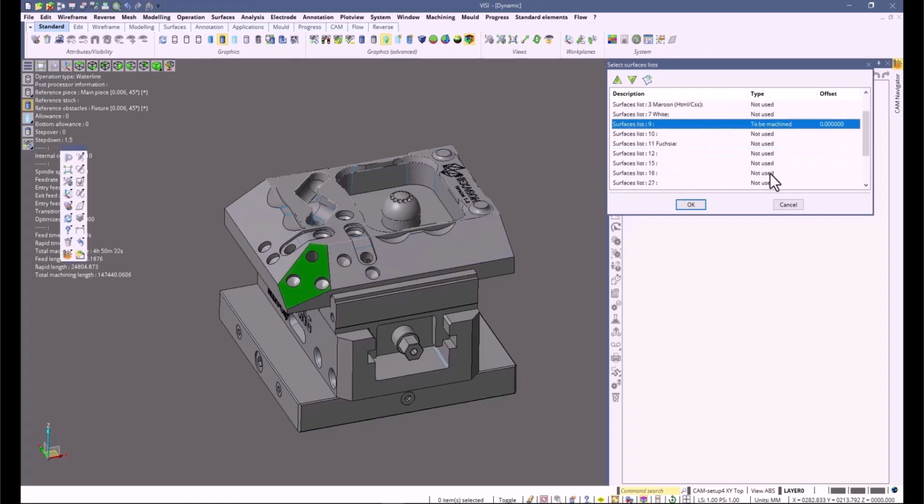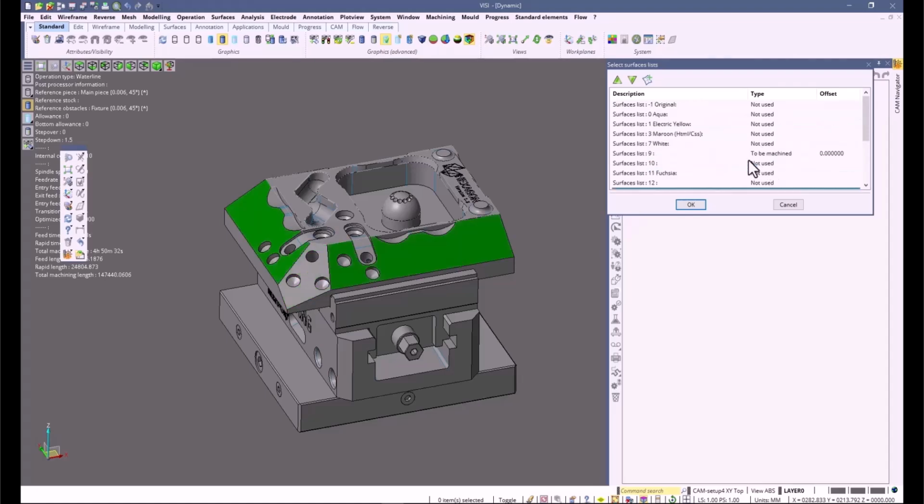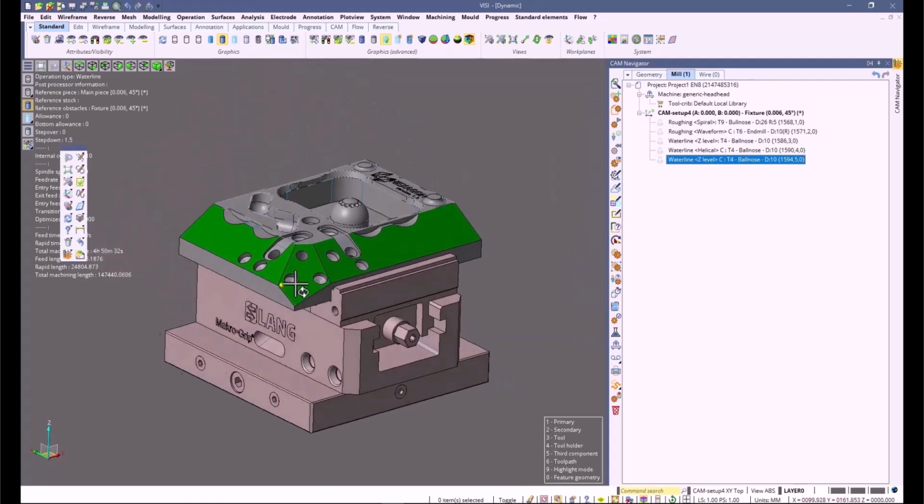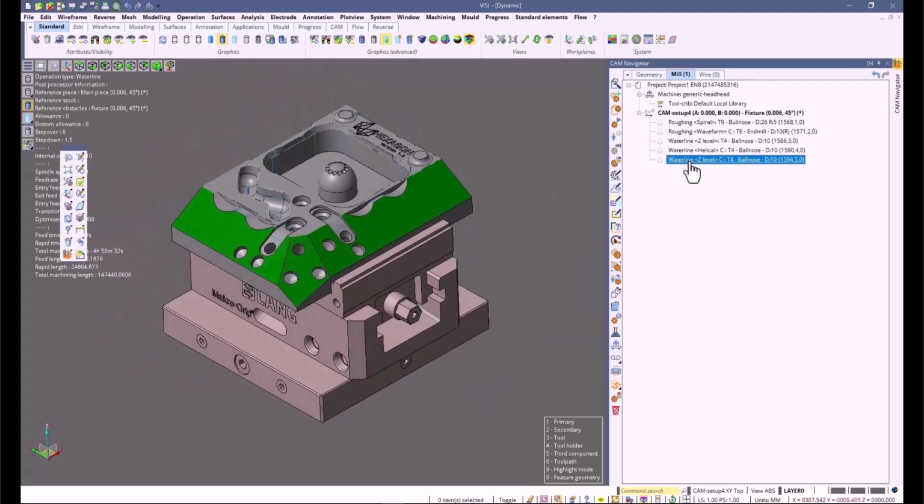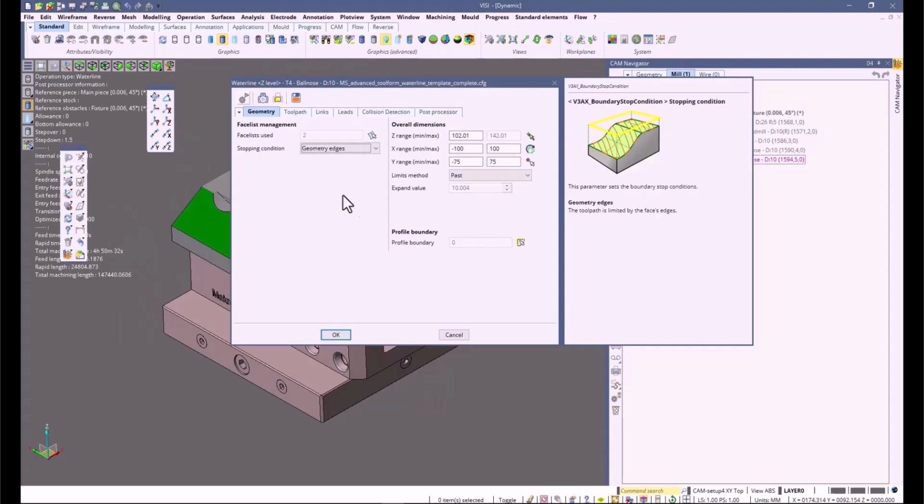Choose that to be machined, and then choose a few other things to be machined as well for faces. From there, you can see the faces that we've chosen to be machined, and then we'll go ahead and select